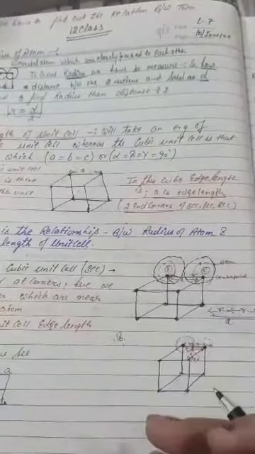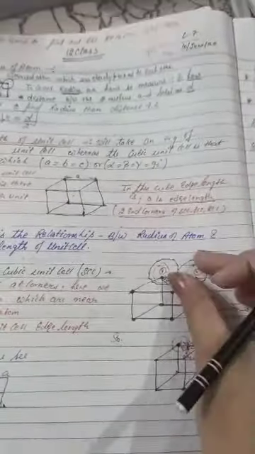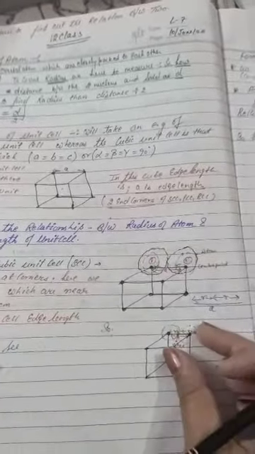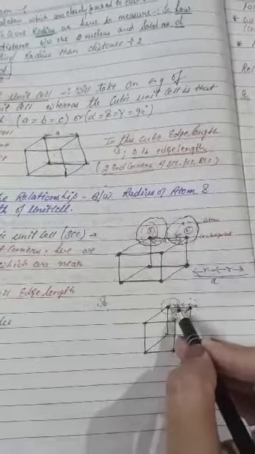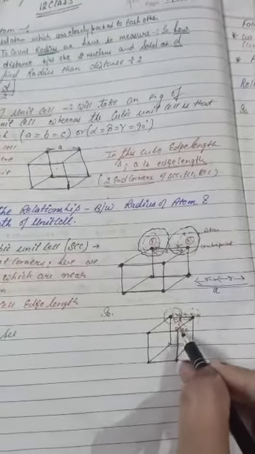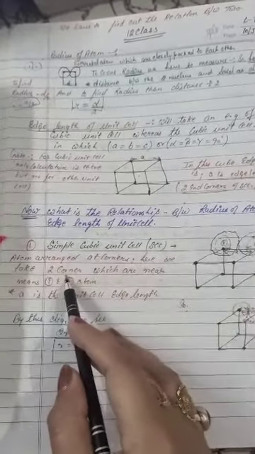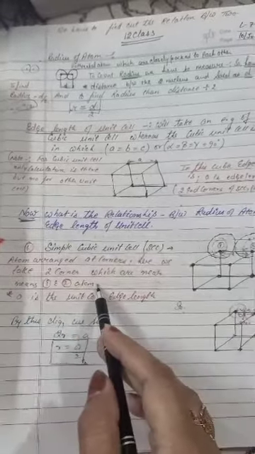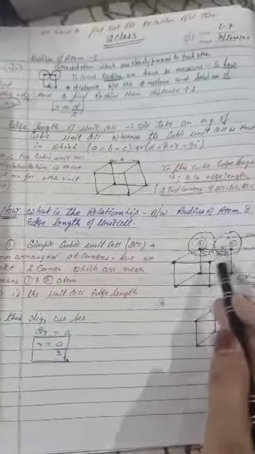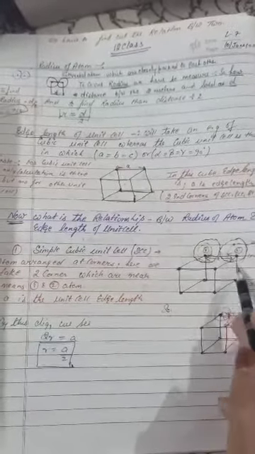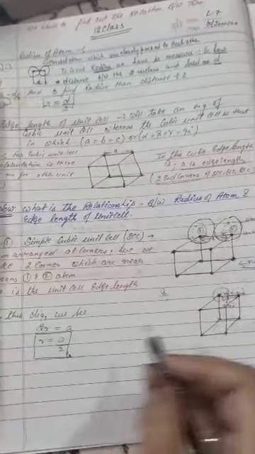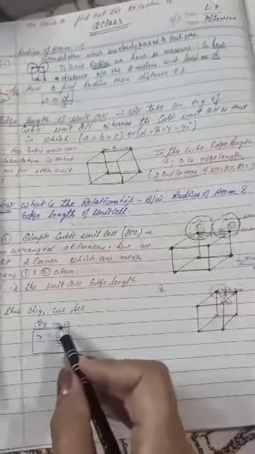Okay, now what will come overall here: these two are there, one single I have taken, we can say radius r is present, and the edge length is present. So r and r, 2r, is present here, and a is the edge length. Let's see now, in a simple cubic unit cell, atoms are arranged at corners. We take two corners which are near, meaning atoms 1 and 2. We can take this one also, we can take any, but nearest ones. So overall, 2r is equal to a.